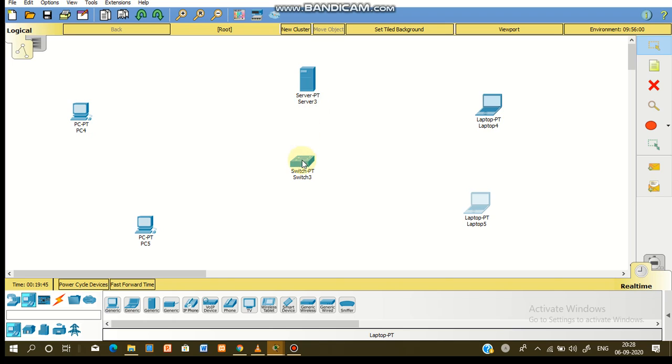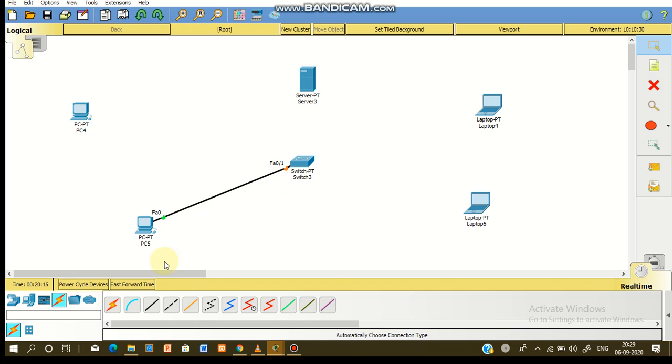So now let's connect the server to the switch and these four PCs to the switch. If we are in a condition where we don't know which cable to connect and where to connect, Packet Tracer provides a simple method. Just click on this flash icon. There are many cables, so just click on this flash and click on any of the computers and then on the device to which we have to connect, or any two devices. This flash symbol automatically detects the specific wire and connects it to the specific port.